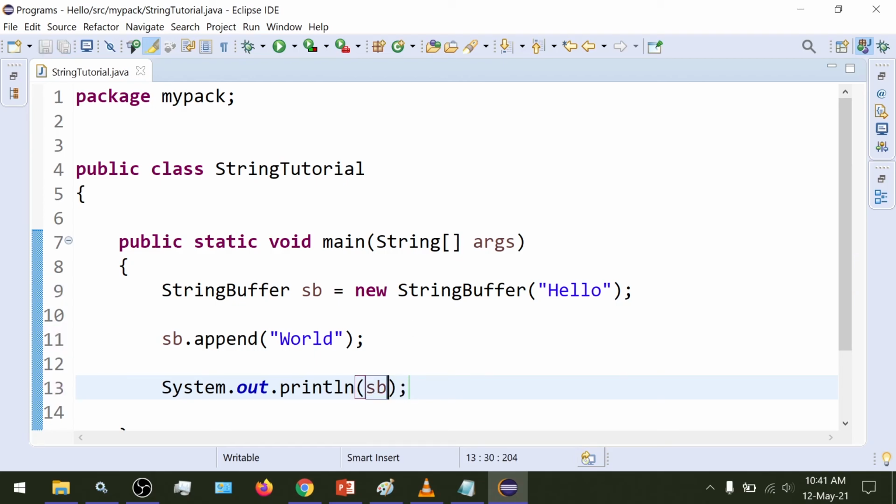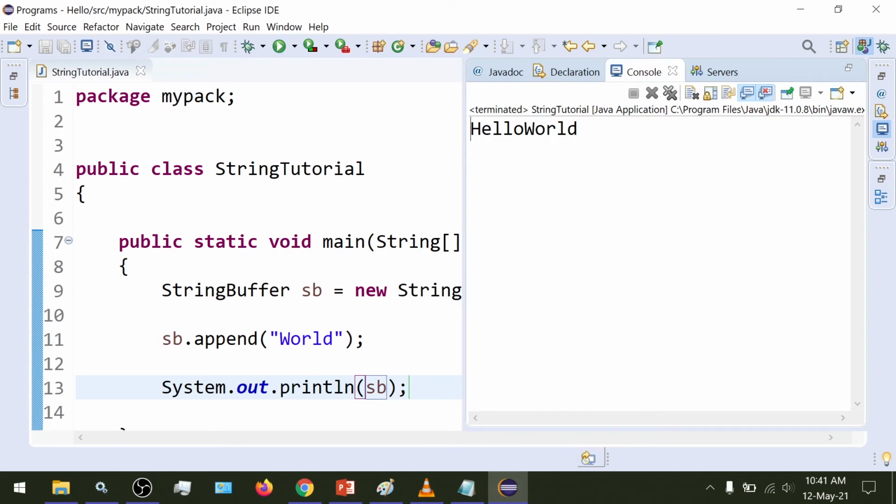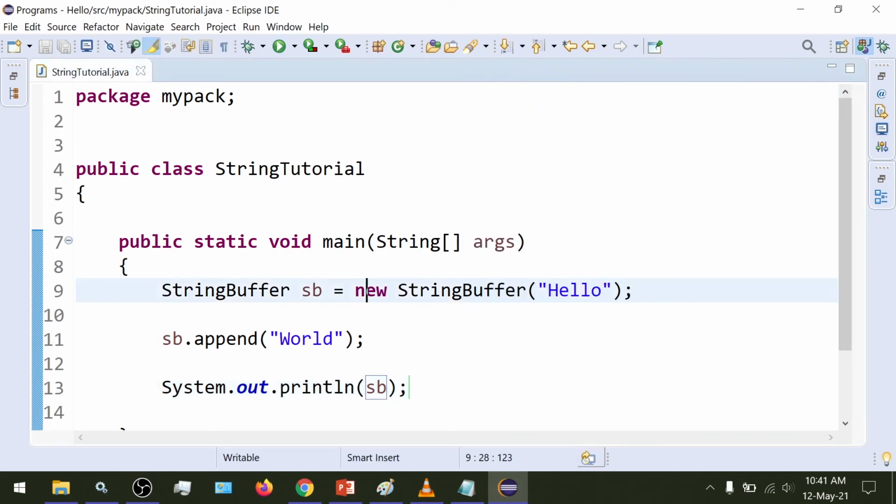What we are doing here in this program is we have taken a string buffer object with the data value as hello, and we are trying to append the string world to it. When we run this code, we get the output as hello world. So in the case of string buffer, we can see that the string world is appended to the word hello.